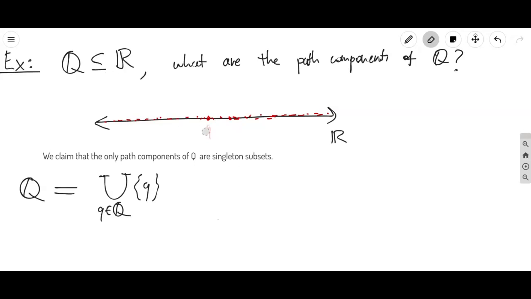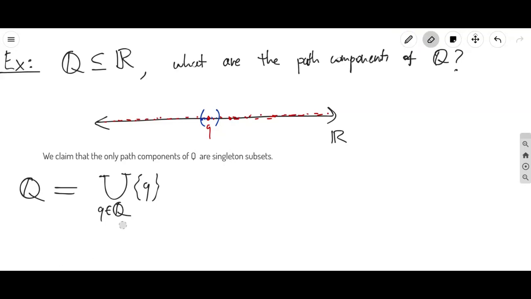So if this is your point Q, and you pick an open interval that contains Q, no matter how small you make that open interval, if you intersect it with Q, it will contain an infinite number of points. So no matter how small you try to make that open interval, you can never narrow it down to just Q itself, because there's an infinite number of rational points over here. So you can keep on sliding the blue closer and closer, but every open interval that contains Q will contain lots of other